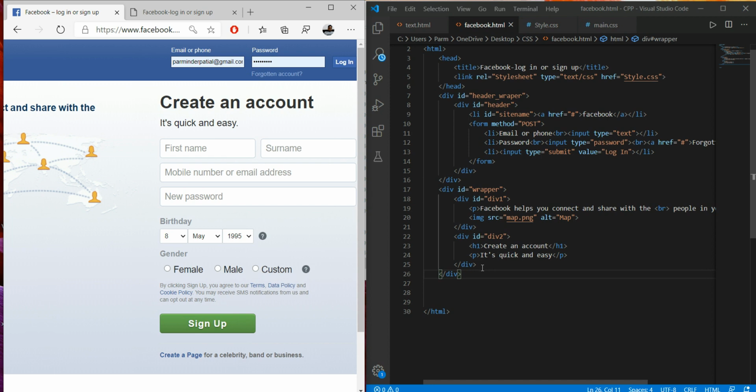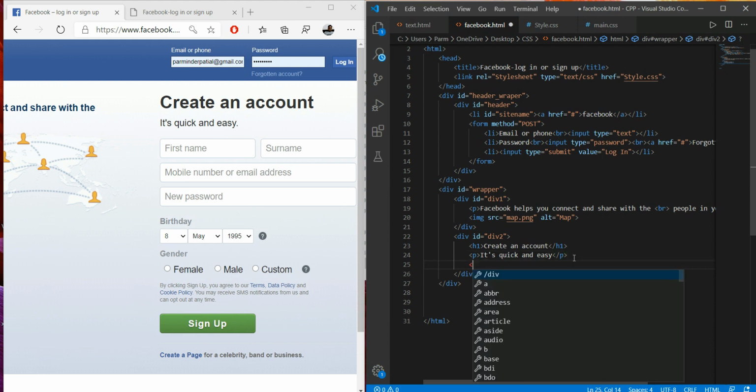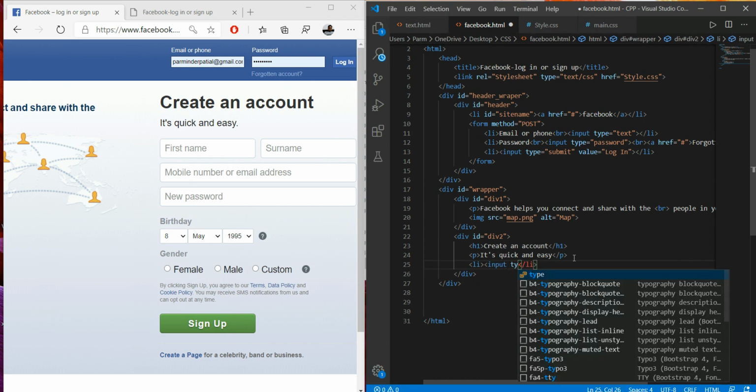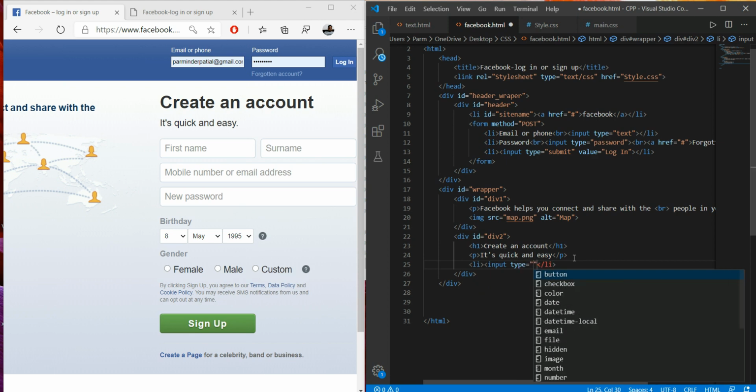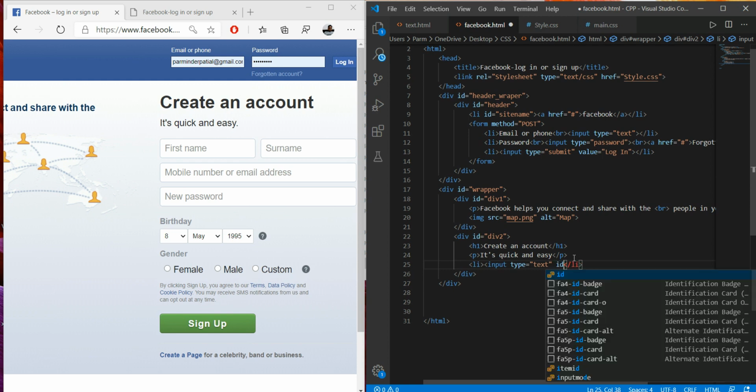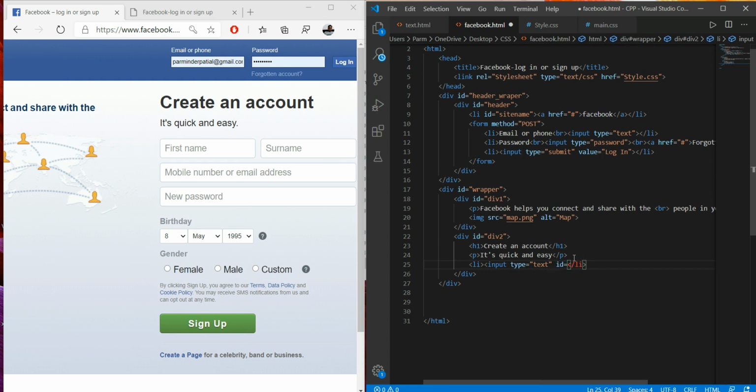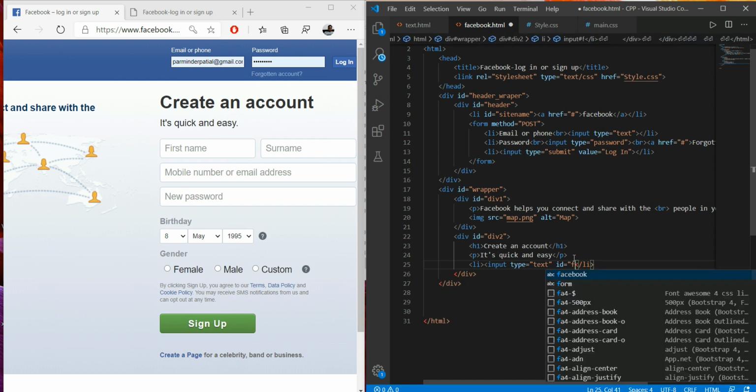So for this I'm just using a list, and here I'm selecting input. Here I'm just giving the value as type is text. Then I'm giving it an id, say here I'm giving first name, so I'm just giving its id f name.